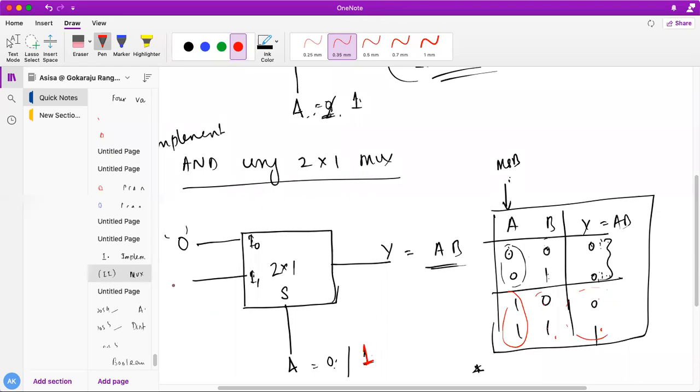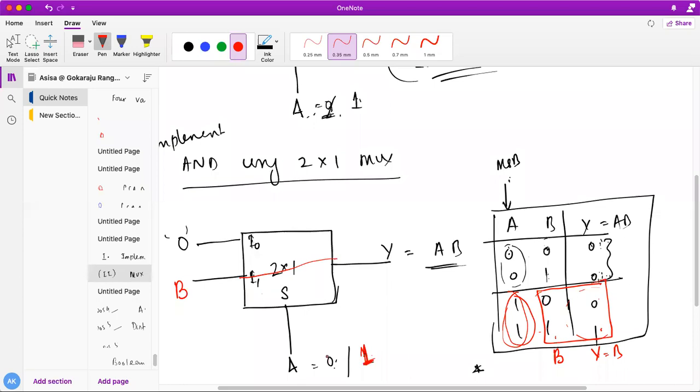So can I put B here, students? Okay, do all of you understand? After taking this 1 1, I am comparing these two, and I have seen that whatever my B is, the same thing I am getting at output Y equal to B. So I can reflect I1 here, because I know that if I choose 1 here, this I1 will go and reflect here. Am I correct? If I put 1, obviously B will go and reflect over here.